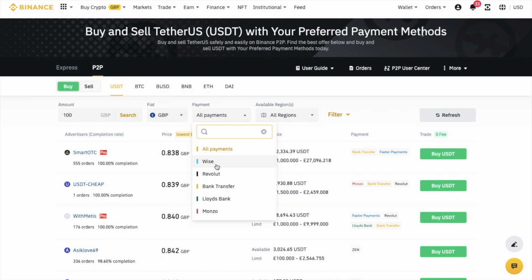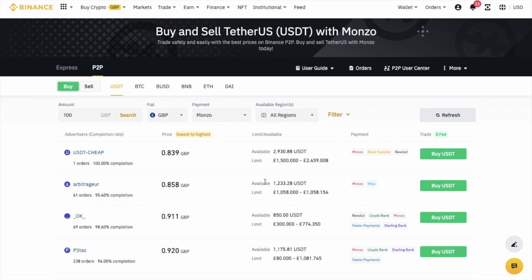For example, I've selected GBP and Monzo, which I'm going to use to buy some crypto. In order to complete my P2P order, the system will only match sellers that also have a Monzo account that can receive GBP transfers from me. Here you'll see the advertiser's details, displaying their name and completion rates, their price, showing the lowest first as we're currently buying, and then some limits and payment methods, and these will all contain Monzo